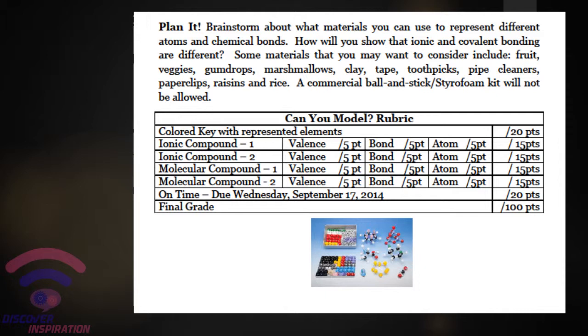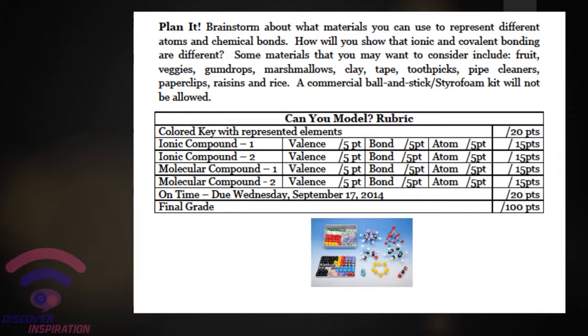Okay, so your key tells you that orange gumdrops are oxygen, and the white marshmallows are nitrogen, and the, I don't know, pink marshmallows or whatever. Okay, so your key should be able to identify the represented elements. I'll ask you to build for me 2 ionic compounds and then 2 molecular compounds. You're going to be graded 15 points for each compound. One, I need to see the valence electrons for every single atom, every single element that you use. I need to see the correct bond for every molecule you build, and then you need to have the correct